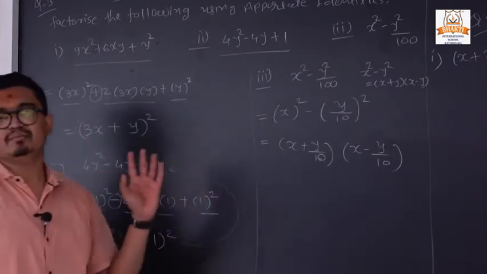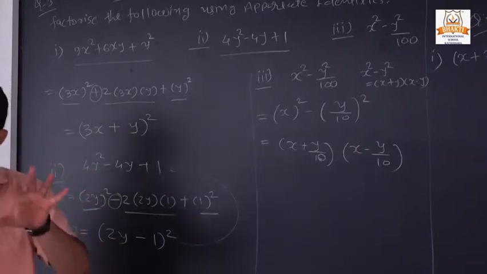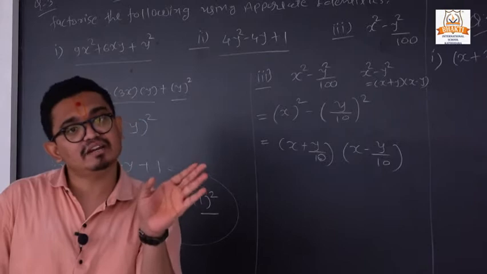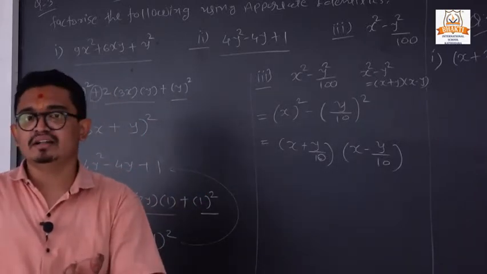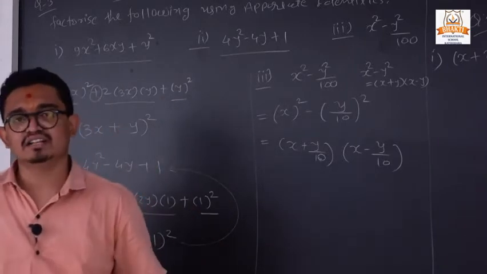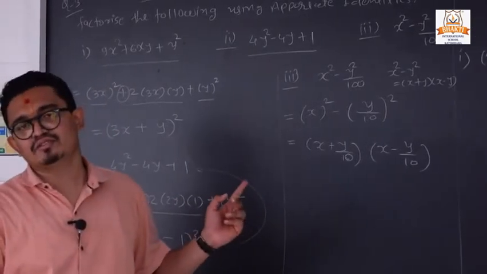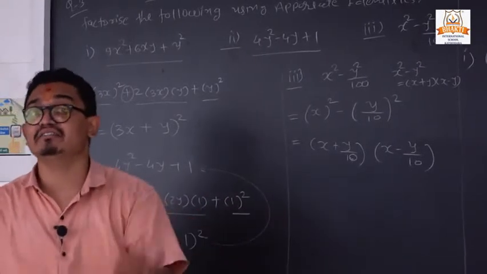This is a very important property for our next standard. So you must remember all the identities, and you must know how to implement them in the sums. Otherwise, what happens? In the examination, all the identities are combined in one test. So if you are confused right now, practice more. If you practice, you can understand how to implement that property in our sums.